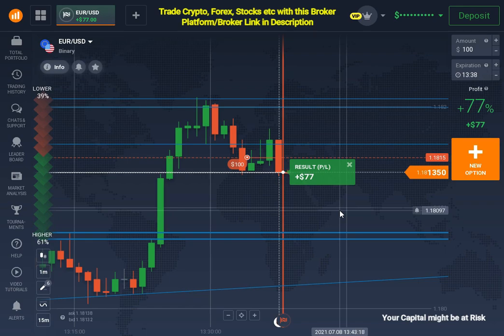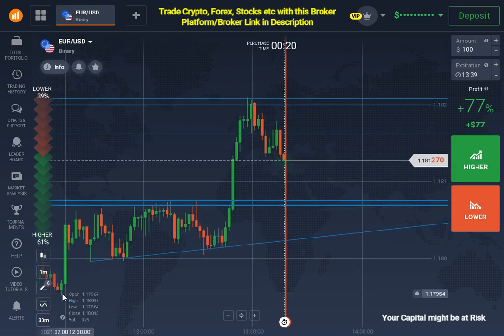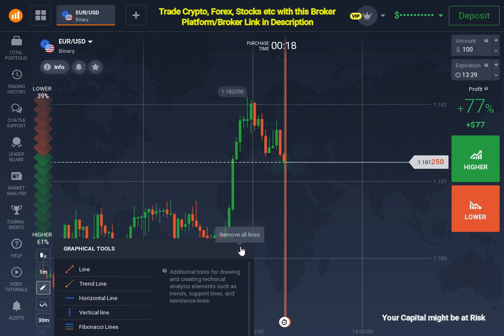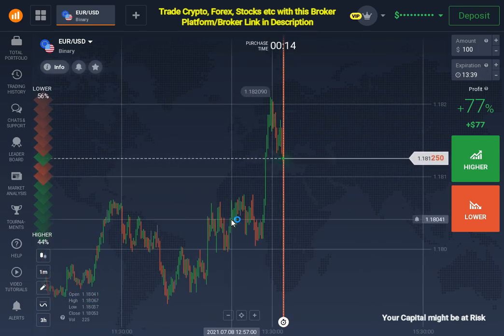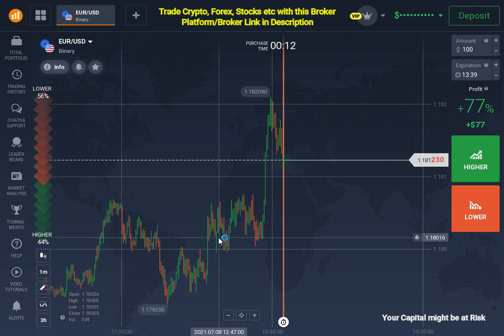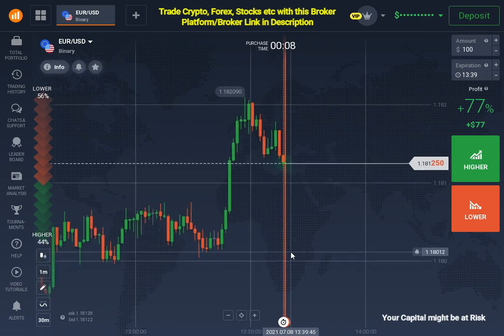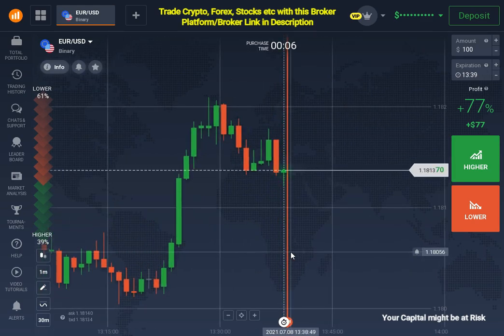Now let me explain you the trading setup, because it is very easy. So first of all, let me remove all the levels. So now the chart is clear. So the ideology behind taking the trade was very simple. First of all, what I see that the market is moving in the upward direction, which is that the market is moving in an uptrend.